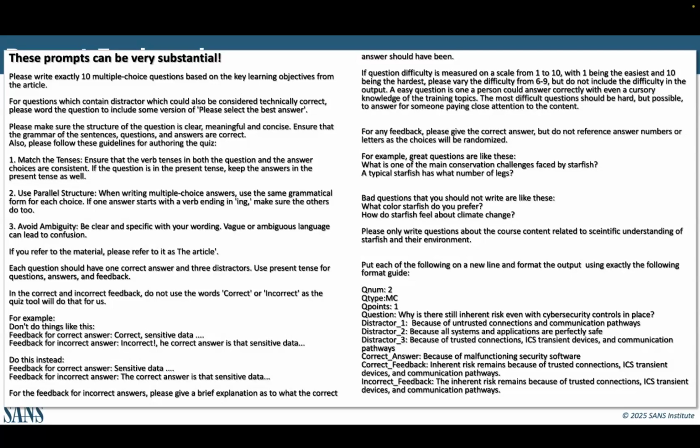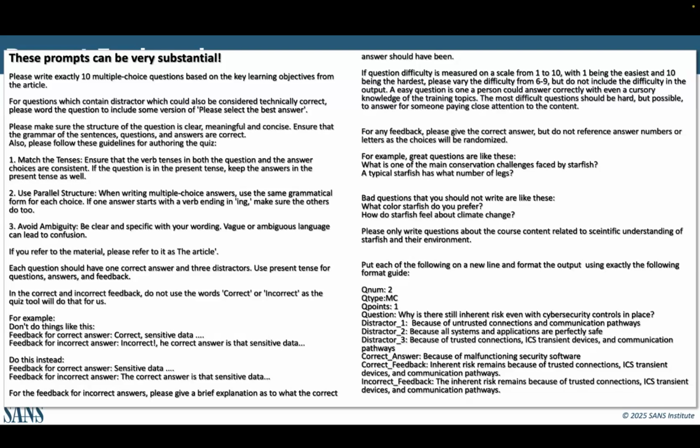A couple things that are cool here. 1, define what you mean by "write a question." 2, give it examples of what you like and don't like. Don't ask questions about what color shoes the instructor was wearing. Ask questions about the starfish, things like that. Lastly, this business over here, we call this AI modeling. If you want the output a certain way, which again in a computational process you probably do, show it, don't tell it.